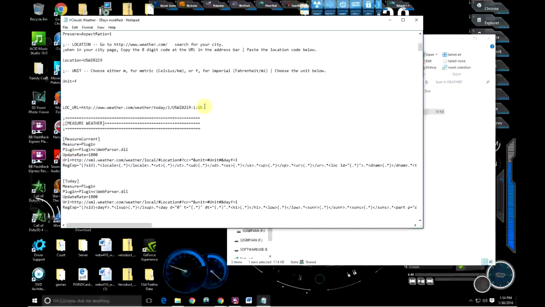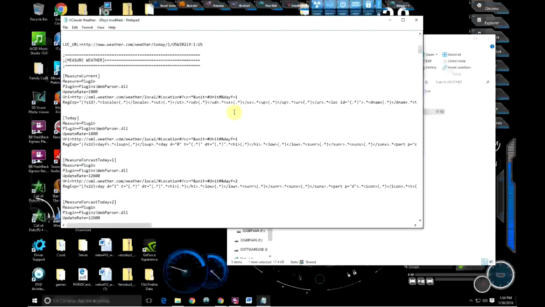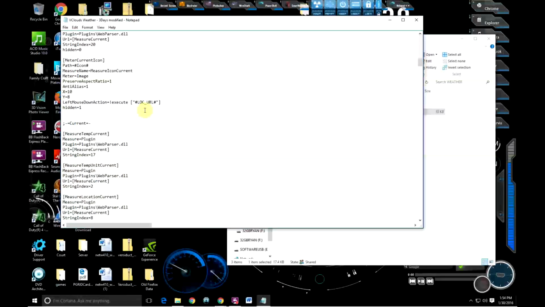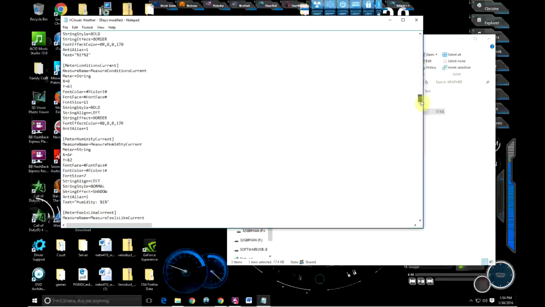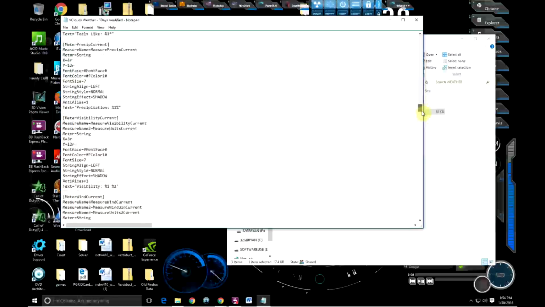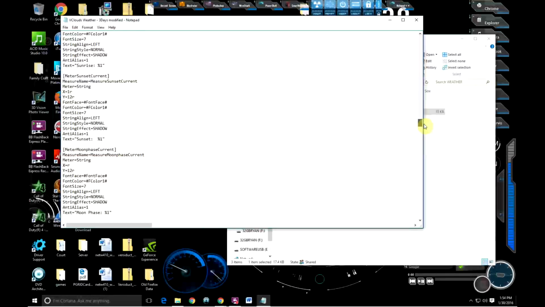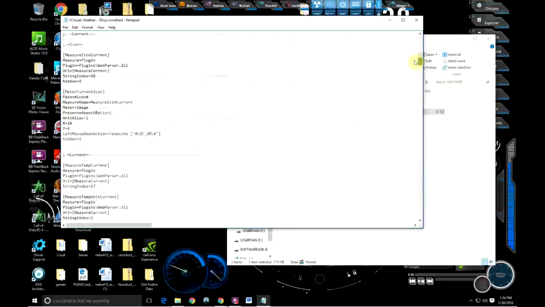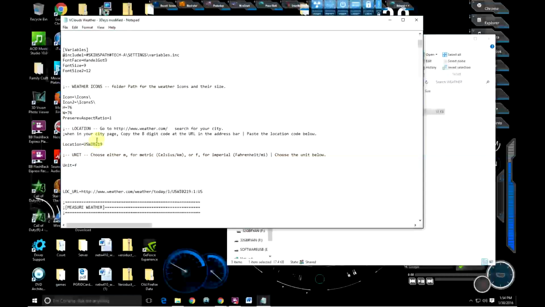This is the full location to basically the city in which you live in. You don't need to edit anything else down here. None of this needs to be edited unless you really know what you're doing. And in that case, then, you know, come down, have some fun with this, and play around as much as you like. But basically all of this right here is going to reference this location code and this website, and